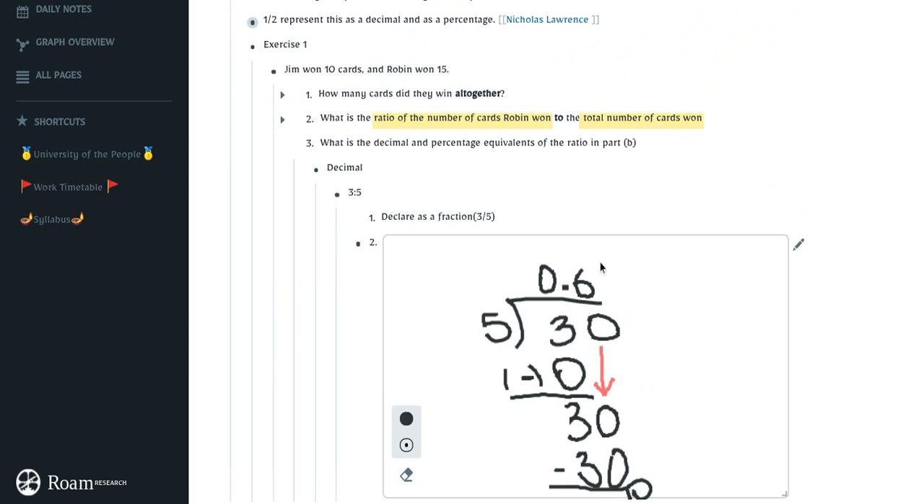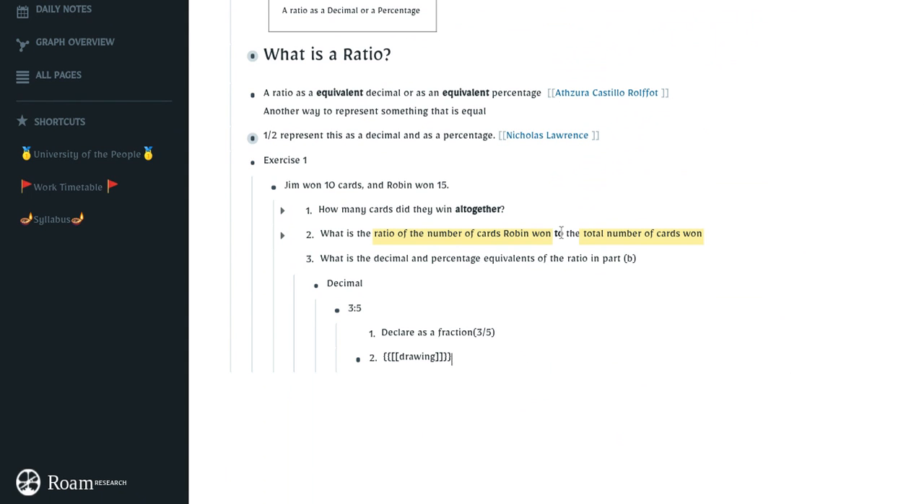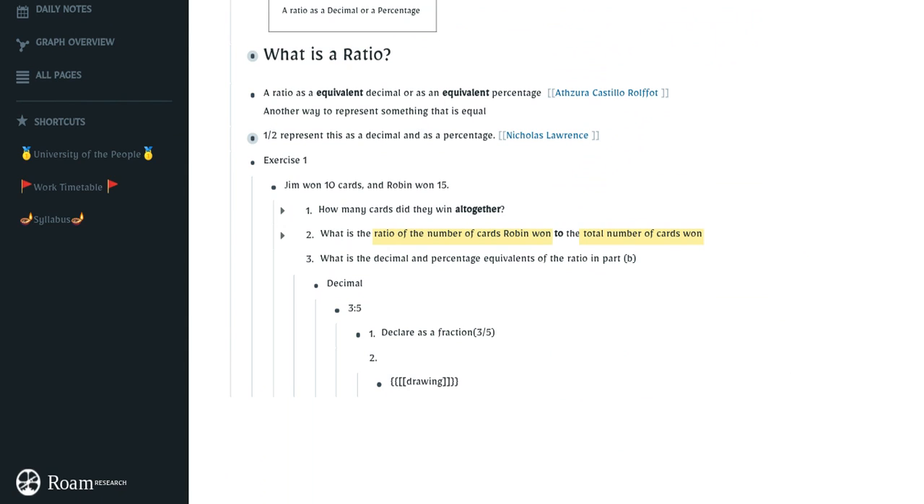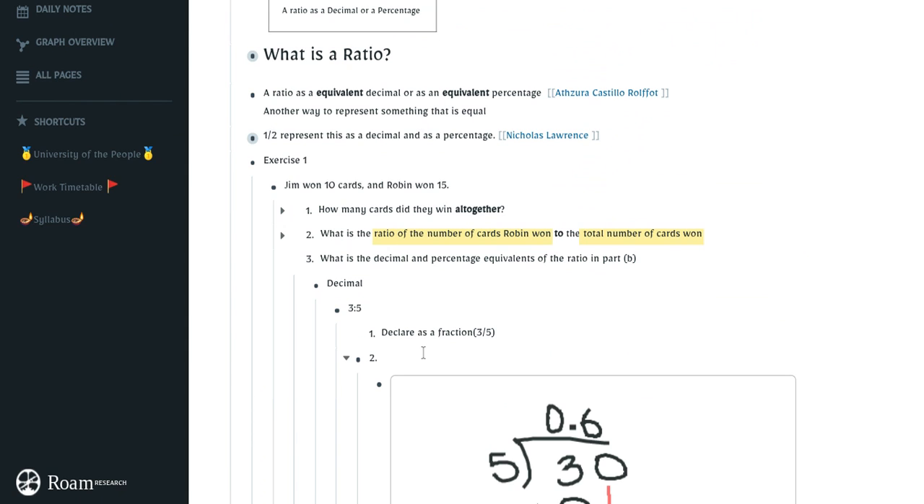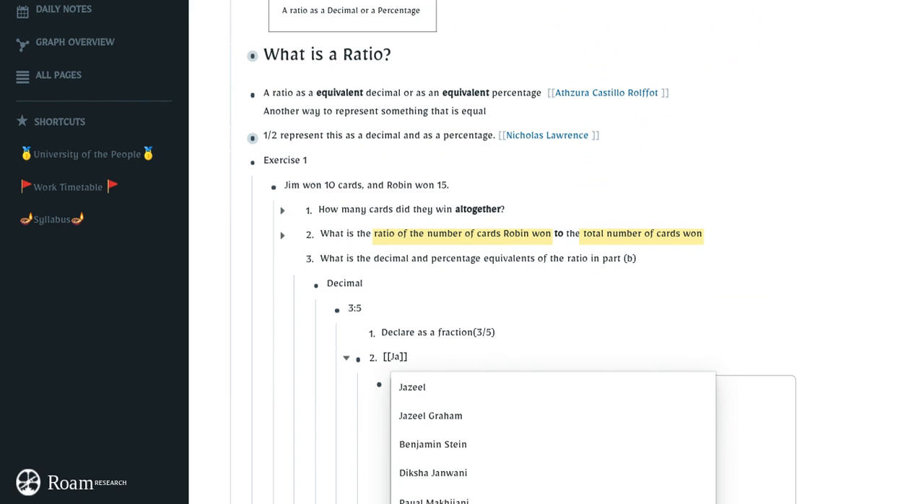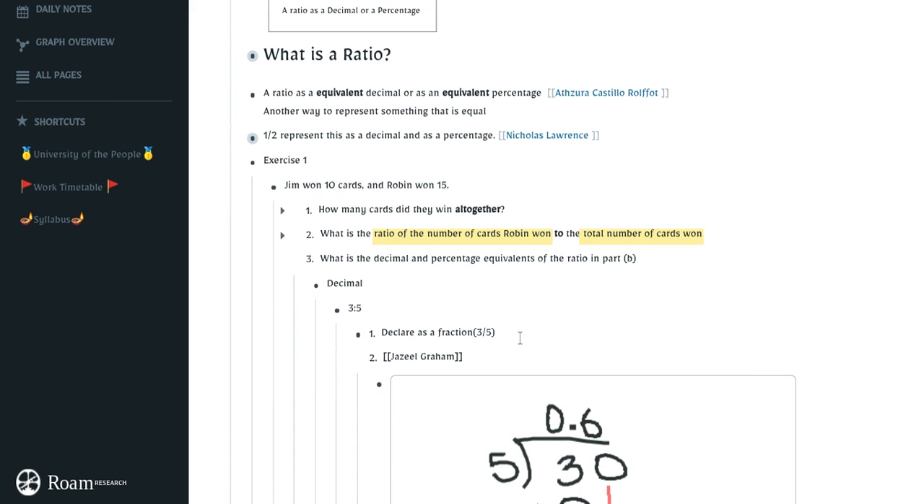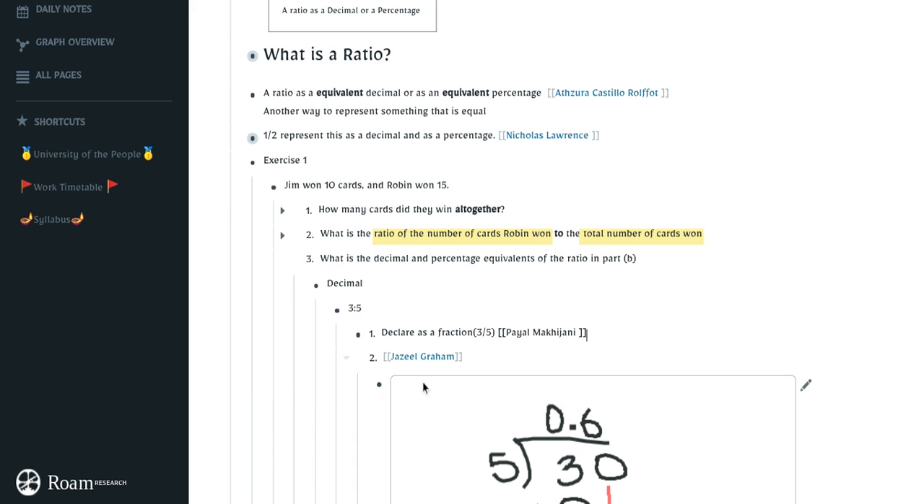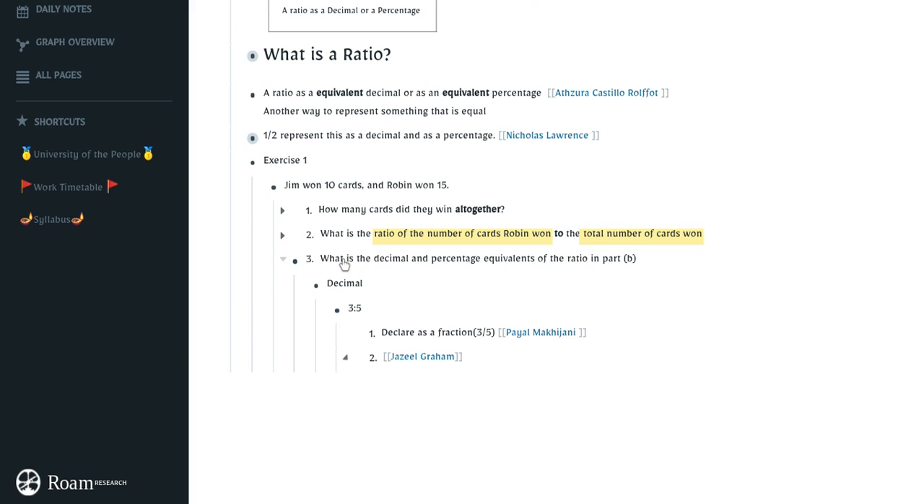So that would be our decimal by Jazeel. Good job. Let's put it here. Let's put who did the work because I want to give you guys credit for your work. So here, Jazeel. All right. And let's put Payal here. So Payal, now you're going to take on the percentage now. All right. So step 3 is to,